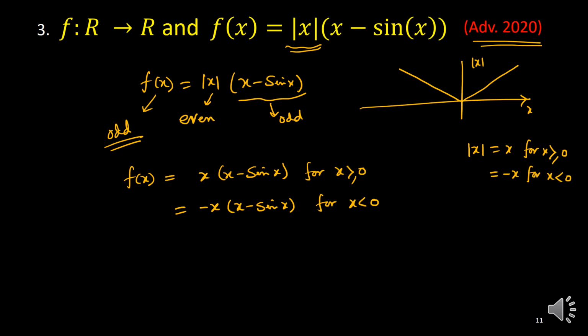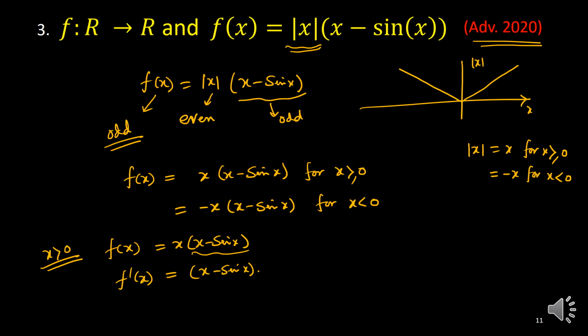Now, what is the derivative of this one? Before that, I will consider only one side, only x more than 0. So for that, f of x is x into x minus sin x. What is the derivative of this function? I can keep this part constant, x minus sin x. The derivative of x is 1, plus x will keep constant, and the derivative of this one will be x, the derivative is 1, and sin derivative is cos. Okay,